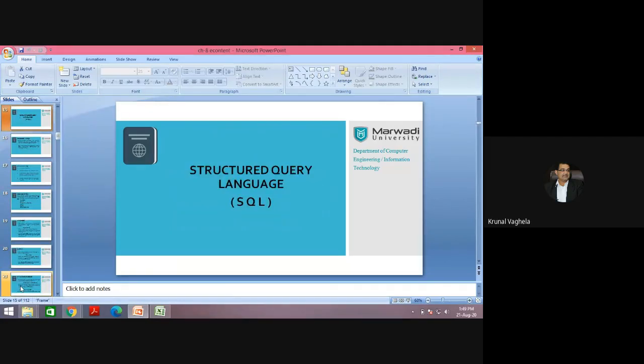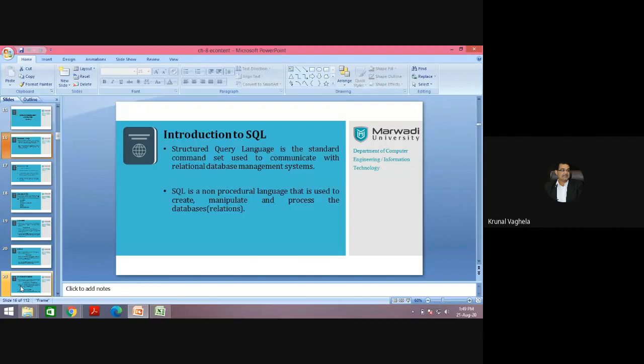Now SQL, structured query language, and whatever we are using in our practical. So structured query language or SQL is the standard command set used to communicate with the relational database management system. See, SQL is not a DBMS.